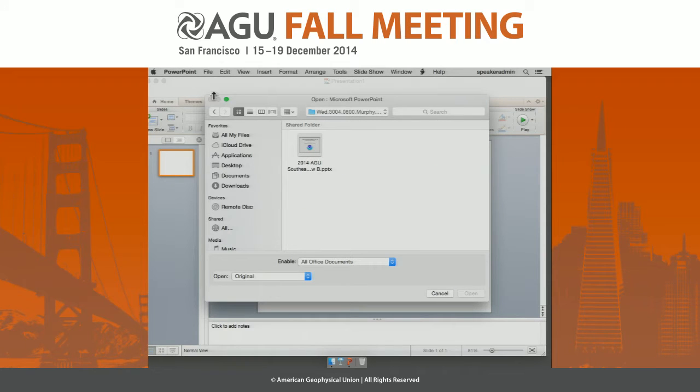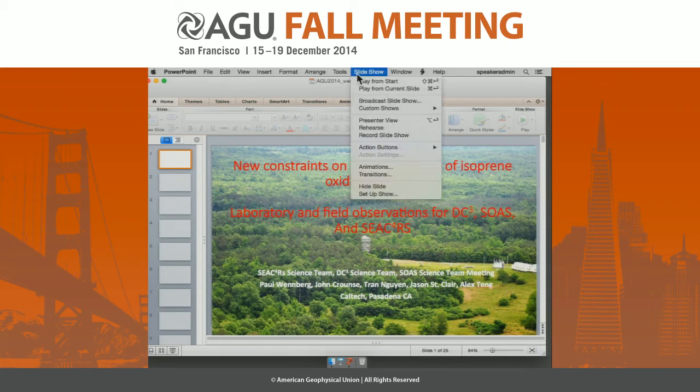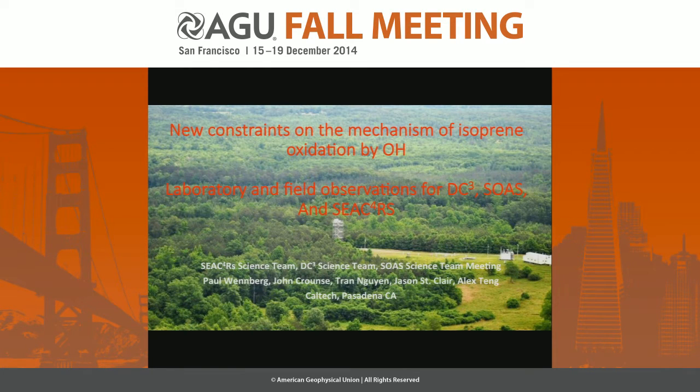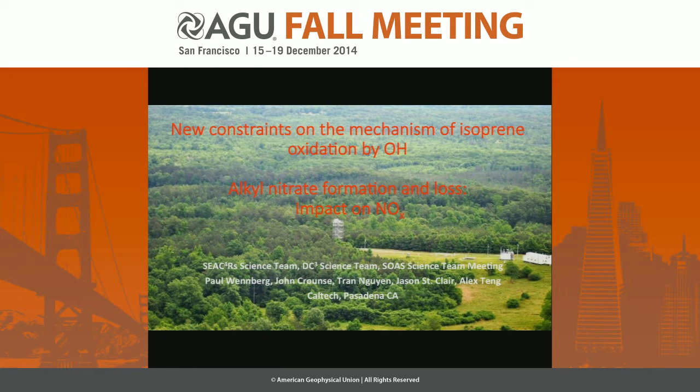Now we're going to look into the details a little bit here and look at some of the really fine details of organic aerosol formation processes in ozone. And this is what I'd like to show you today, just a set of research that's been done in my laboratory looking at the isoprene photochemistry and then trying to use the updated information to understand what's going on in the atmosphere. So it turned out to be too big a topic for 15 minutes. And so today what I'm going to do is just focus on the alkyl nitrate chemistry, in particular the formation and loss processes and the impact on NOx.